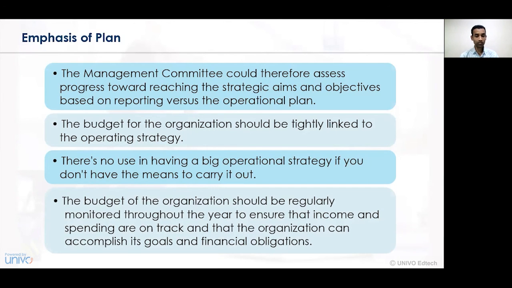And lastly, the budget of the organization should be regularly monitored throughout the year. Whatever finances have been allocated, one has to monitor that the funds you are applying for running the operational plan are being utilized in an effective way, and that the funds being procured are being put to use effectively. So proper monitoring of financial activities, availability of funds, availability of money, and deployment of resources needs to be in a well organized and designed way, and every activity should be conducted in sequence or within the specified deadline.